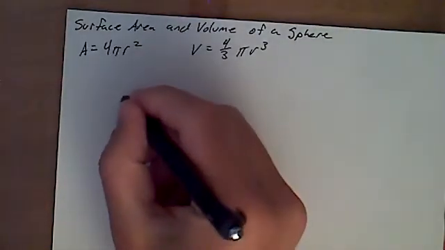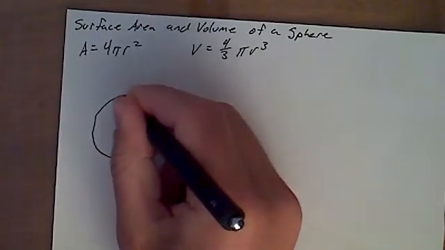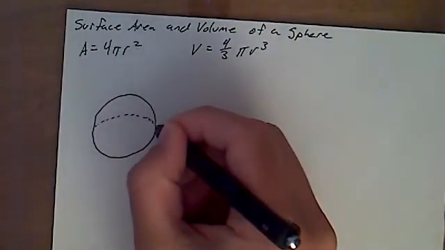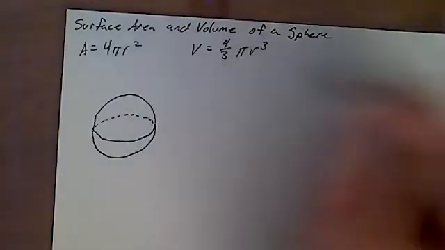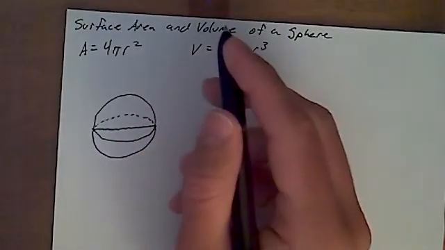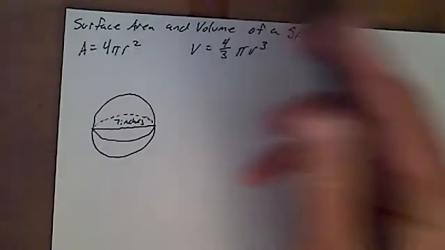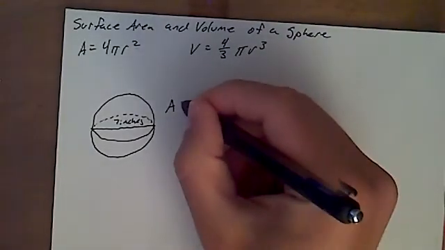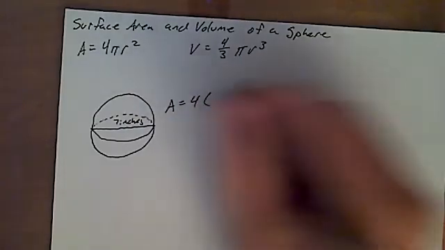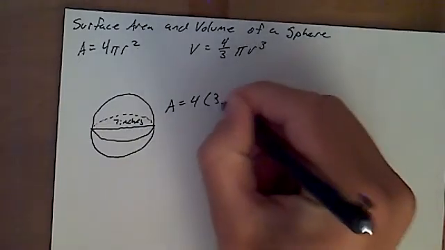So if we had a sphere, or a sphere-like shape, let's start with a circle, and then you kind of make an oval inside of it. And let's say this had a diameter of 7 inches. Okay. Our area would be 4 times r squared, which is the radius. It's not 7, right? It is 3.5